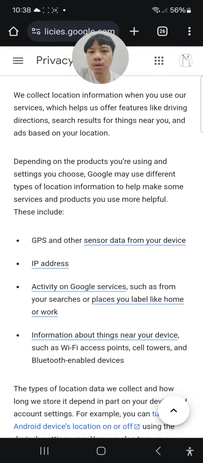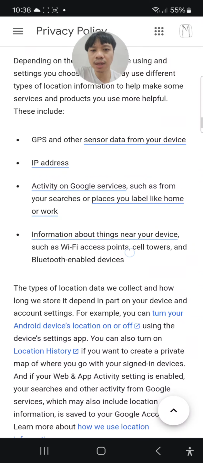So there's the next one: depending on the products you are using and settings you choose, Google may use different types of location information to help make some services and products you use more helpful. This includes GPS and other sensor data from your device, IP address, activity on Google services such as from your searches or places you label like home or work.